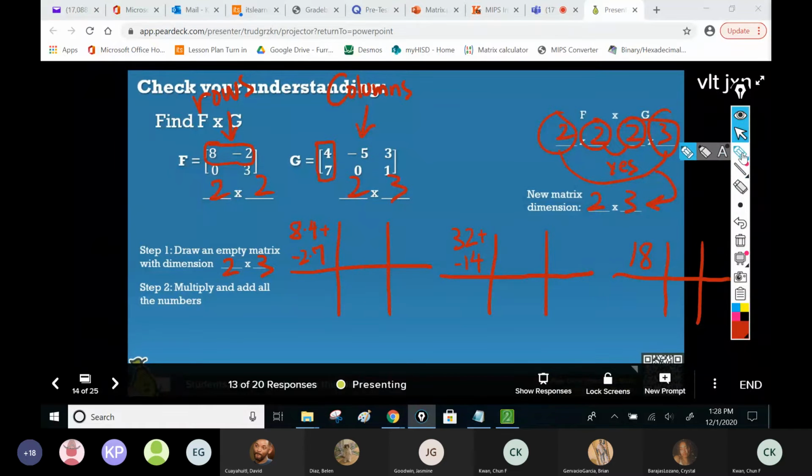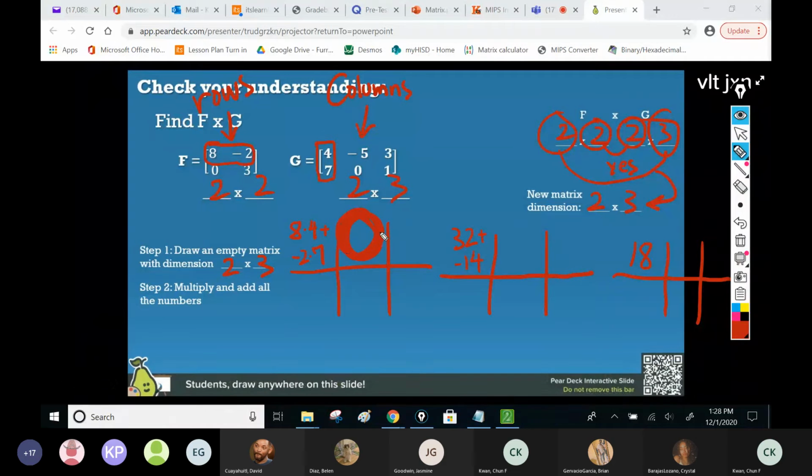So the next one, you guys do this box. This box is first row, second column, which means we will take the first row from matrix F, and then the second column from matrix E, and then you need first number times first number, so 8 times -5 plus